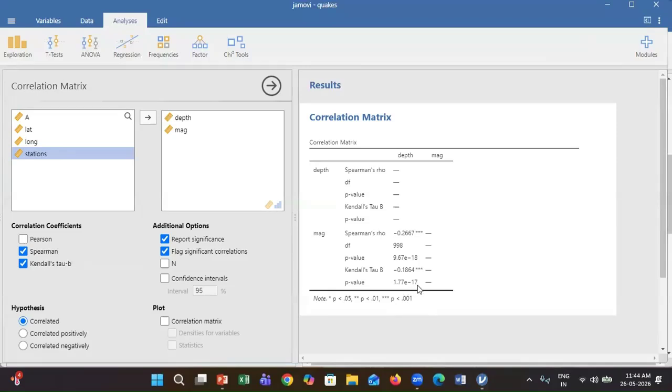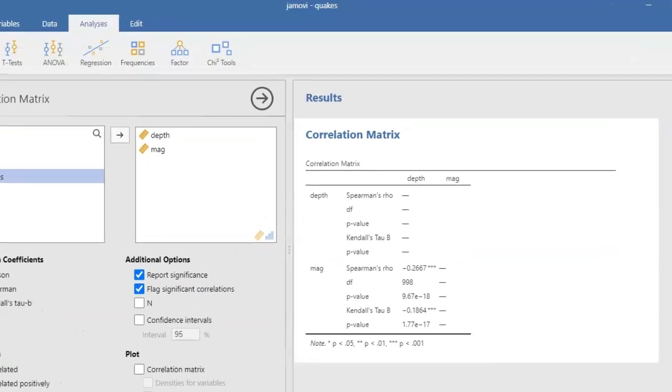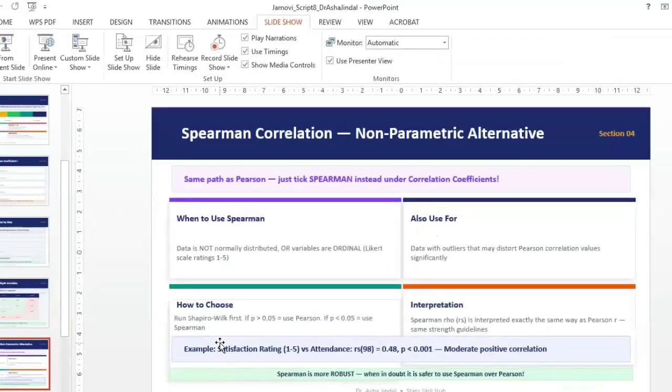These are extremely small p-values, meaning the relationship is highly significant. Degrees of freedom are 998, suggesting approximately 1000 observations were used. We reject the null hypothesis of no association and conclude that there is evidence of a significant negative correlation between earthquake depth and magnitude. Let's move back to the presentation.